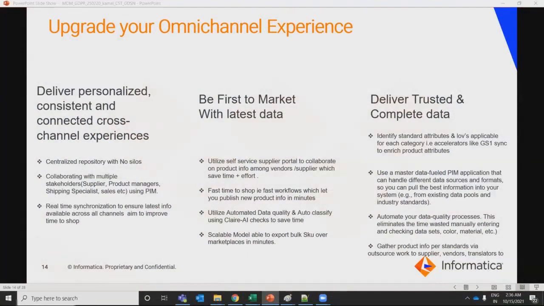Okay, so now there are a few strategies which you can deploy, and which most of our customers are already taking advantage of in our latest releases to upgrade their omni-channel experience right now. Delivering a personalized, consistent, and connected cross-channel experience. This is the most important, most critical thing